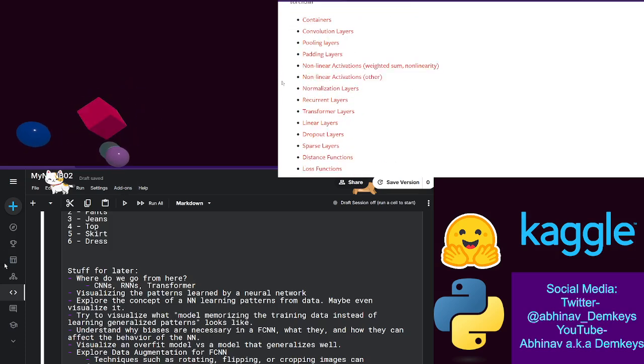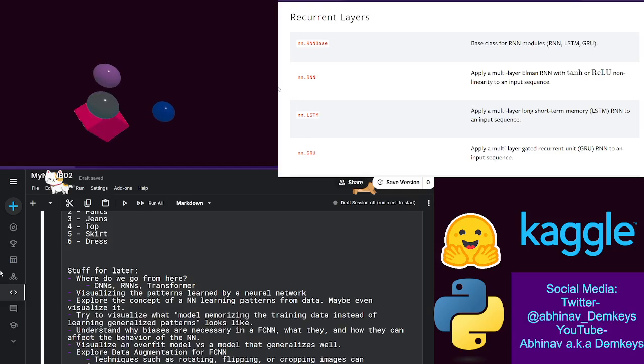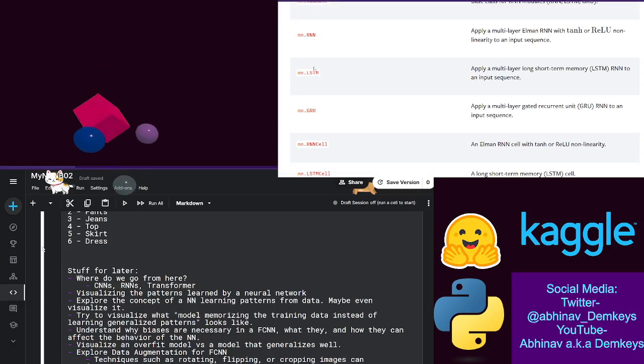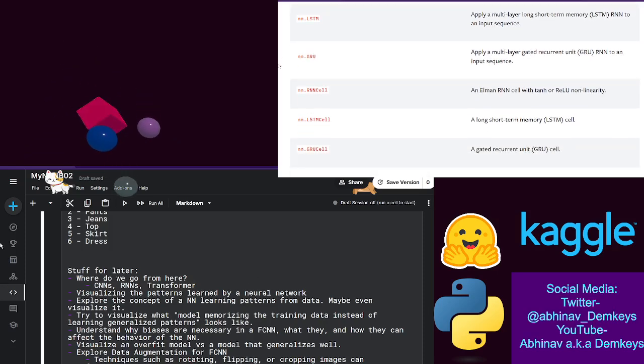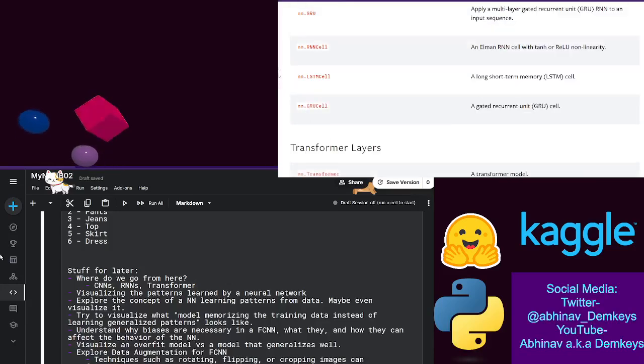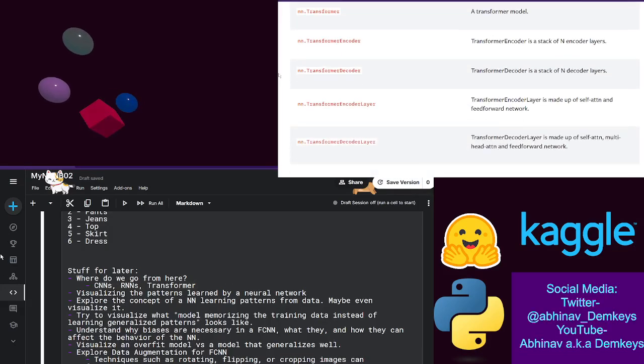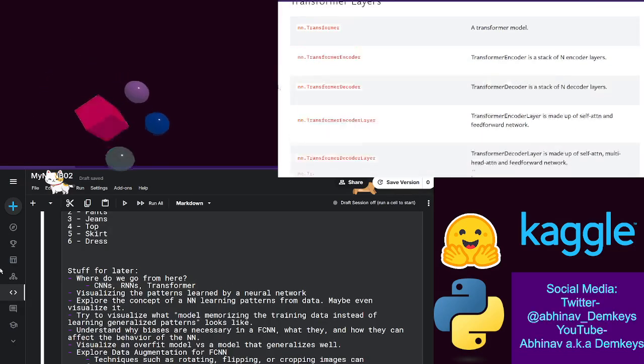Okay, so let's take a look at recurrent layers. Okay, so GRU and LSTM are part of recurrent layers. So, apply multi-layer long short-term memory RNN to an input sequence. Okay, and transformer also has its own thing, which is down here. It's pretty short, but